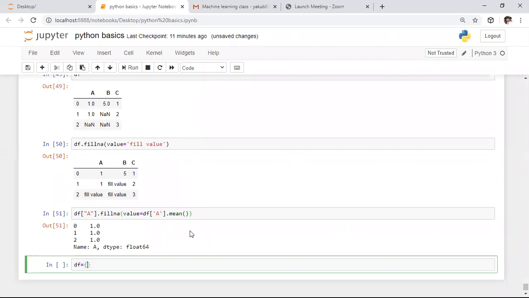Here I want to define different companies. So I'm saying company, and in place of this I'm taking one list. I'm defining company names: at the first place I specify Google, at the second place Infosys.